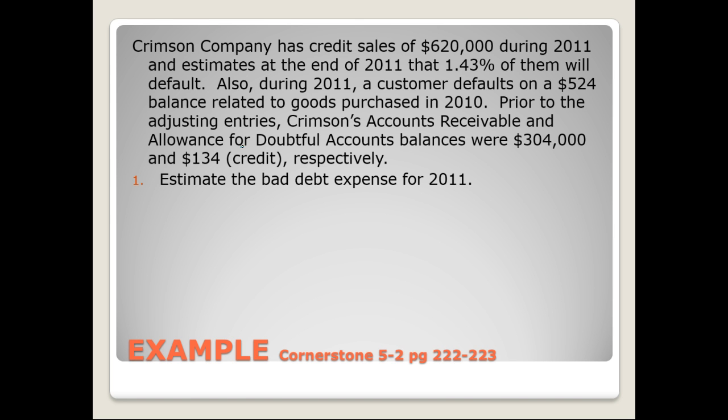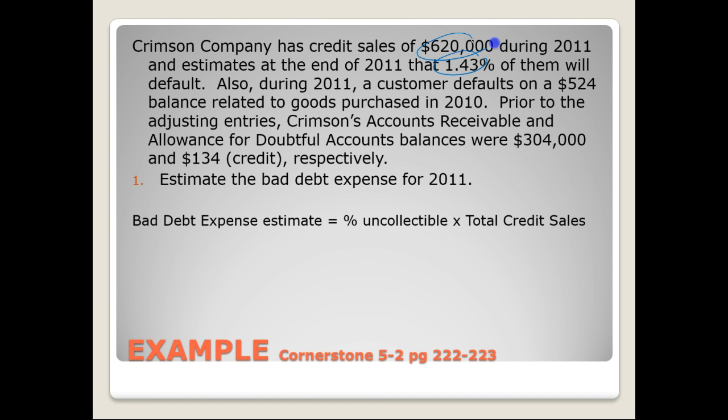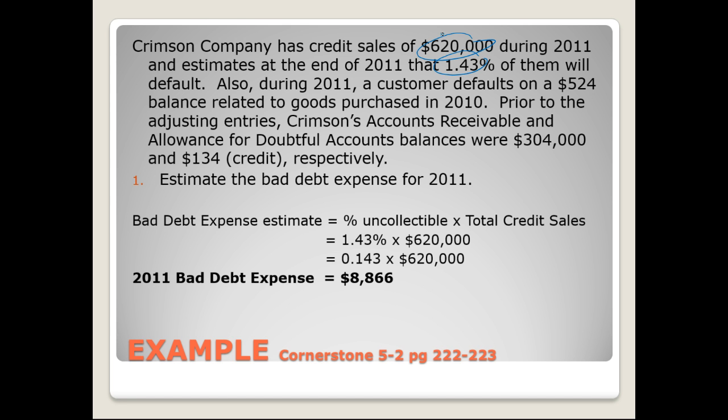If we're using the percent of credit sales, then our bad debt expense will be the percent we believe to be uncollectible times the total credit sales. Well, what was the percent we believe will default? 1.43%. What was the total credit sales amount for 2011? $620,000. If we multiply those two together, we get the 2011 bad debt expense of $8,866. Just remember that 1.43% would be written 0.0143. We multiply that by the total credit sales, and we get 2011 bad debt expense of